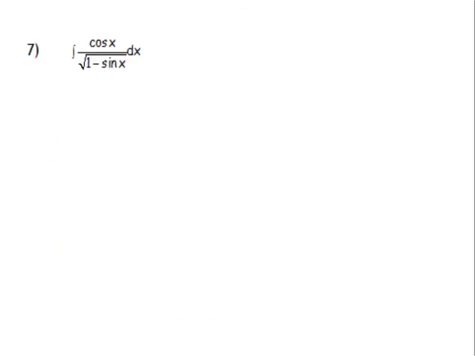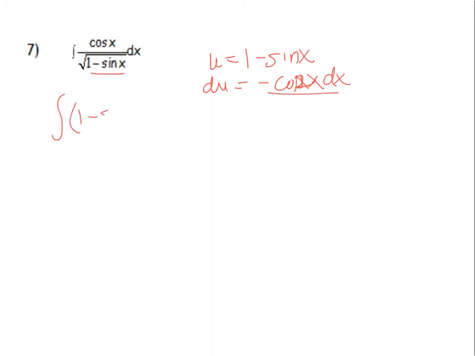And here's our final example, number 7. You can see here this is a little more complicated, but not too bad. We're going to let the part under the radical be u. So this is 1 minus sine x, and du is going to be negative cosine x dx, cosine x dx, and negative cosine x dx, and then I'm going to rewrite. So I'm going to put the radical 1 minus sine x to the negative 1/2 power, and then cosine x